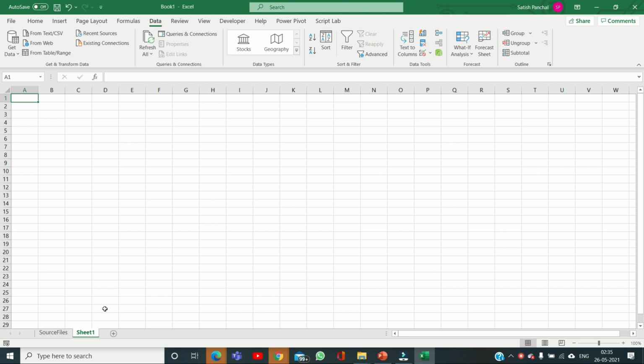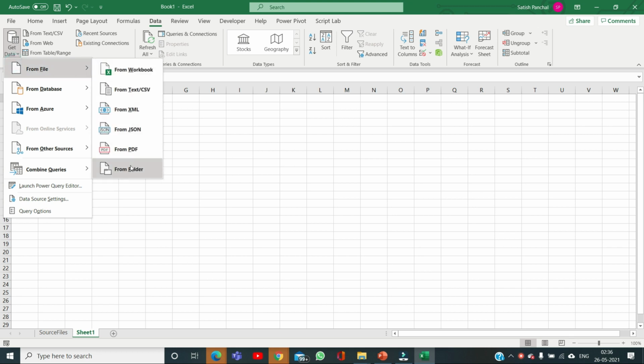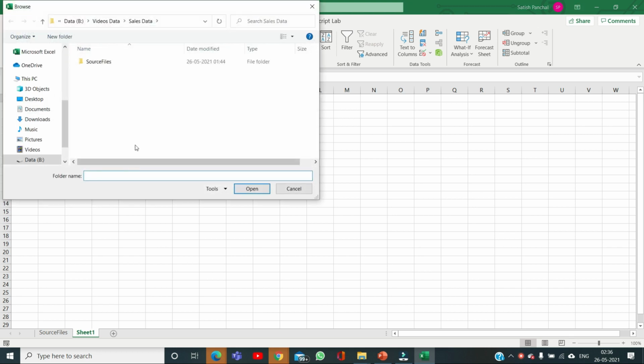Okay, how to import the source file using the Combine and Transform method. Now we are using a different method of importing multiple files into Excel. Let's start with the same process. I'm going to get data from files and from folder. My folder is the same as earlier,